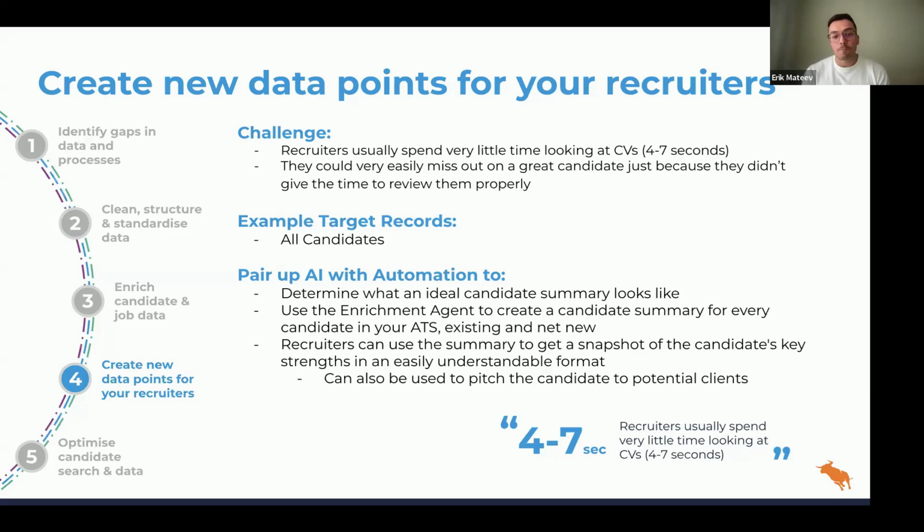The first one is to figure out what an ideal candidate summary looks like for your business. Is that a 100 to 150 word paragraph? Is that 5, 6 very concise bullet points? And what is that summary going to be based off of? Is it going to be based off of the CV? Or is it going to include other custom fields that you might have against the candidate record, or skills, what categories they have, or work or employment history? Whatever that ideal format looks like, determine what that is for your organization.